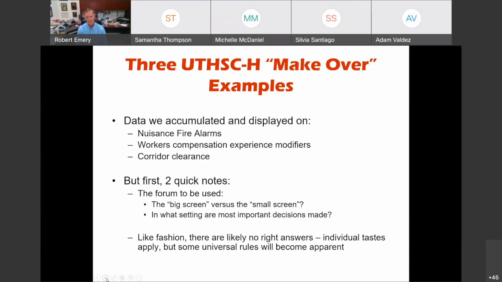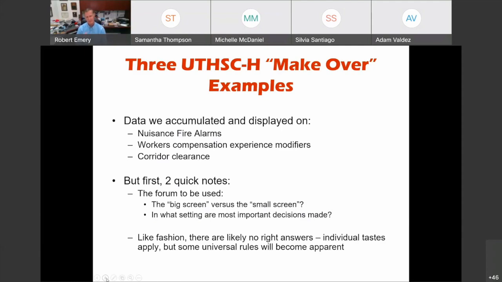But before we go on, 2 really important comments. One is some of you have probably gone to classes where they talk about how to display data in PowerPoint or something like that. And they'll talk about the size of the font because you're going to be projecting it on a big screen. And yes, that's true. But most really important decisions are typically made where it's 2 or 3 people around a table.